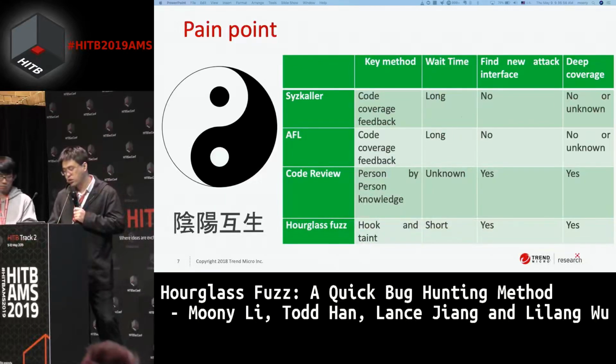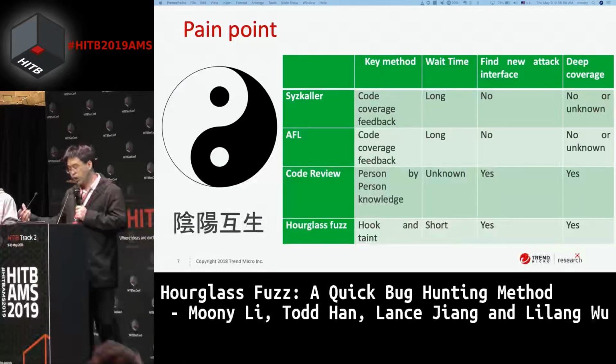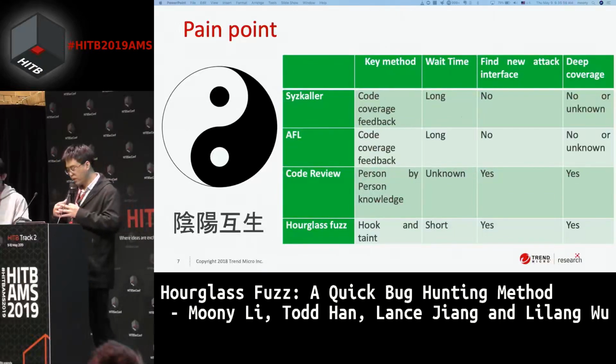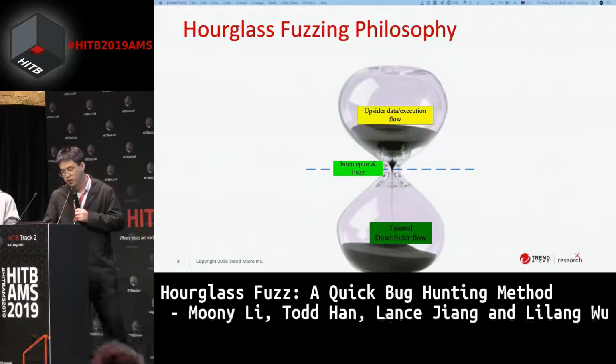Just like the traditional Chinese Bagua says, 阴阳互生, which means the two extremely opposite sides could always contain each other. Maybe we could merge the two different kinds of methods, fuzzing and code reviewing, together. So how? Let's